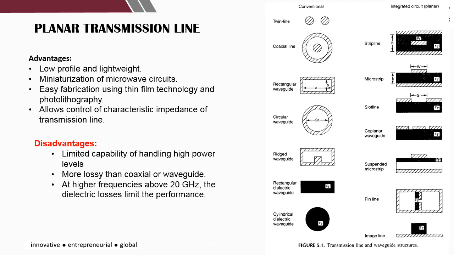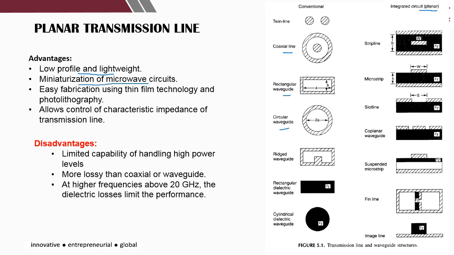If compared to the conventional waveguide that I have shown earlier, such as the coaxial line, rectangular and circular waveguide, today we are about to look at the planar transmission line that's usually used in integrated circuits or in planar structures. Usually the structure can be printed directly on the substrate or the surface of the structure. So the advantages of this planar transmission line are low profile and lightweight, and miniaturization of microcircuits,